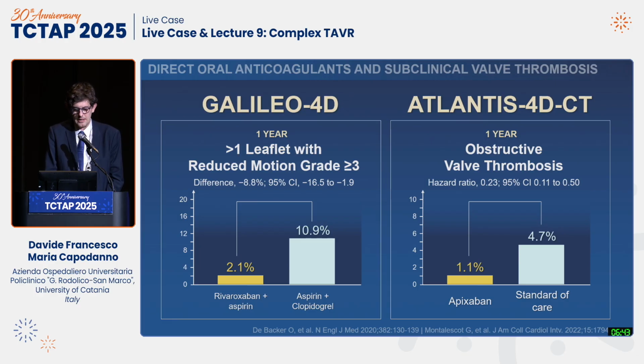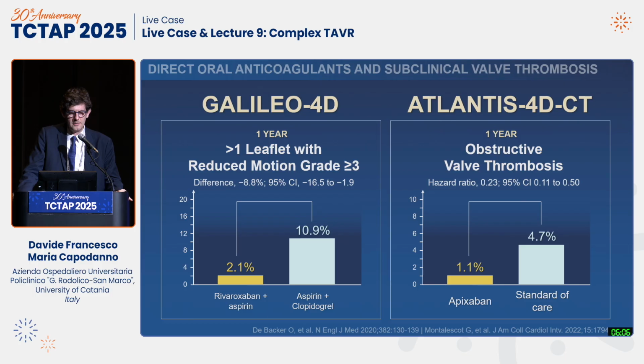However, what is clear in this story, both in Galileo 4D using rivaroxaban plus aspirin, and in Atlantis 4D CT, which is a study of Atlantis using apixaban, is that the anticoagulant-based strategy is much better than the antiplatelet-only based strategy in taking care of thrombosis at the level of the valves. So if the question was whether we should use an anticoagulant targeting fibrin or an antiplatelet targeting platelets, the question is straightforward. We should use an anticoagulant because these trials gave results that were somehow consistent in some respects and